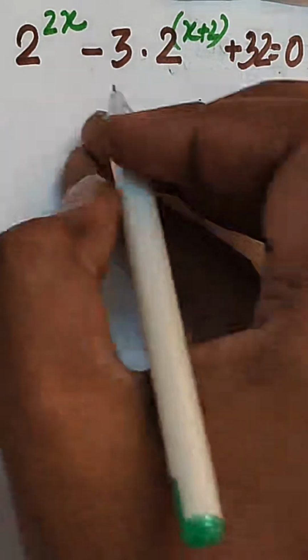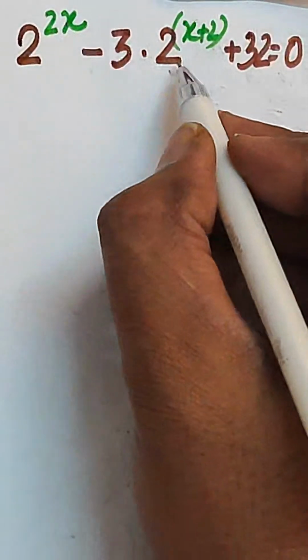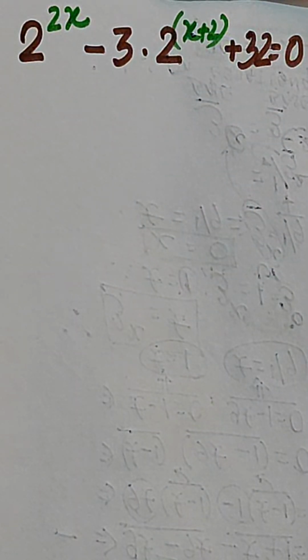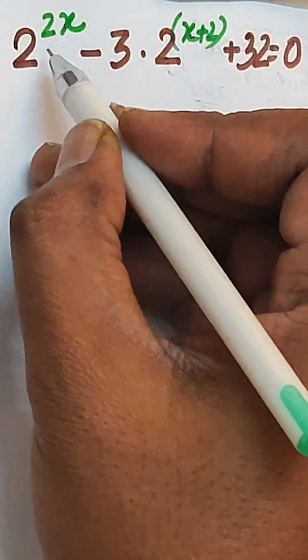When you move forward, you can see 2 power 2x and here also 2 power x, right? So what we will do, we will simply convert 2 power 2x into the form of 2 power x. How can it be done? Because 2 power 2x can be written as